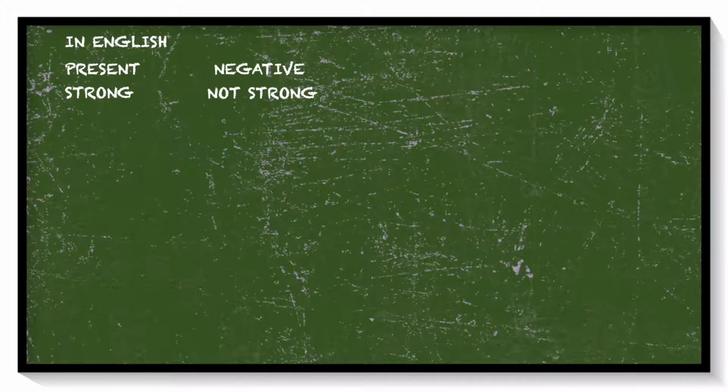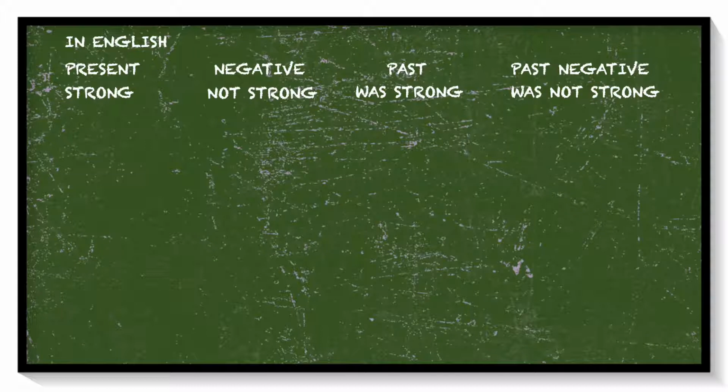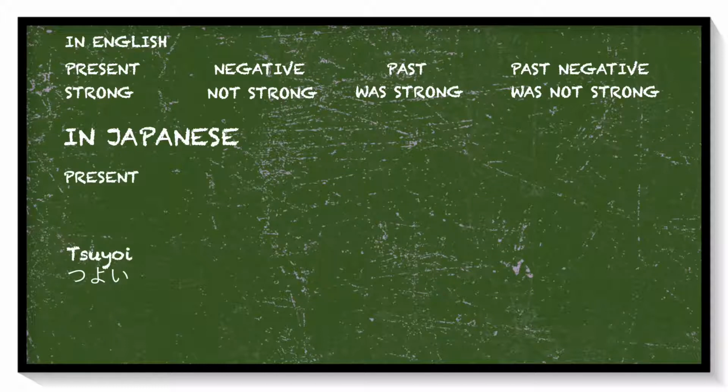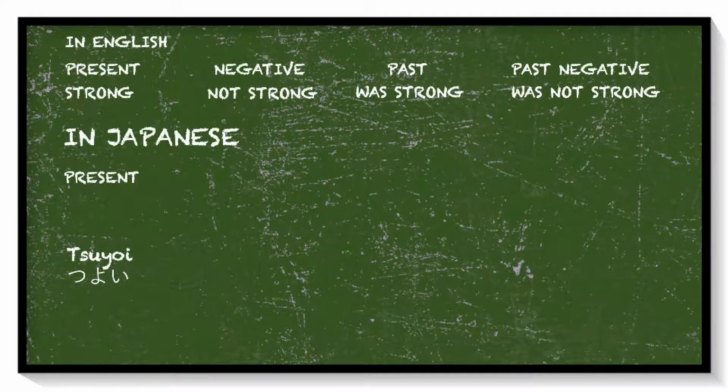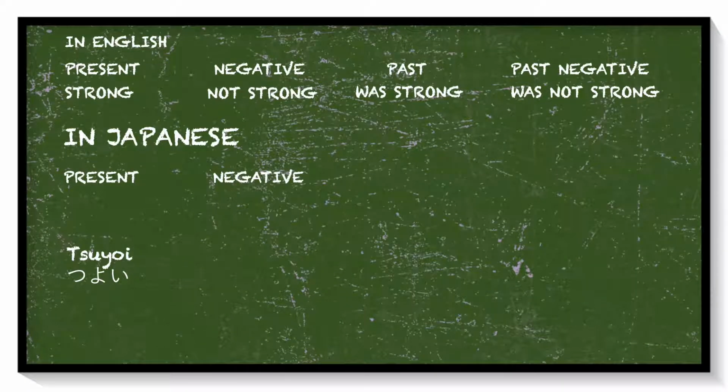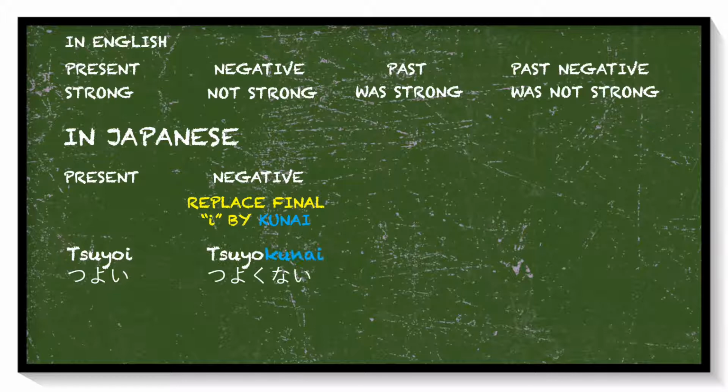Now, in English, you have present tense, the negative form, past tense, and the past negative form of the adjective. This is how you do that in Japanese. So we have the present tense of strong, which is 強い in Japanese. To make its negative form, replace the final い by くない. So, 強い will be 強くない。